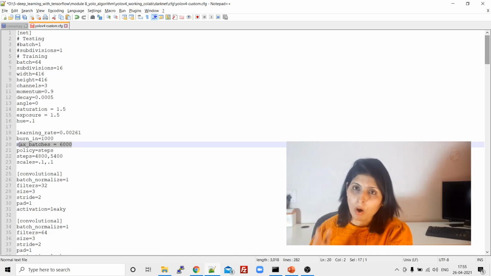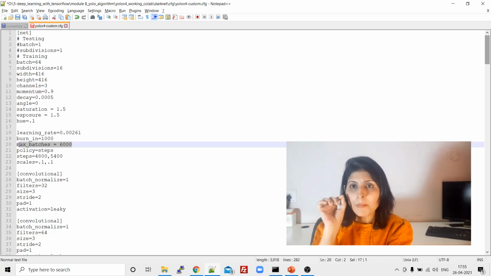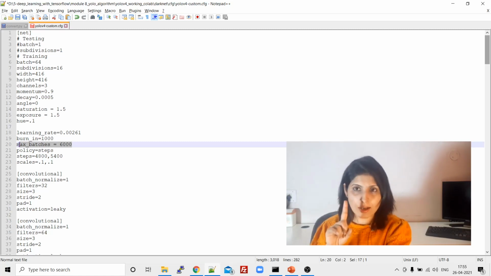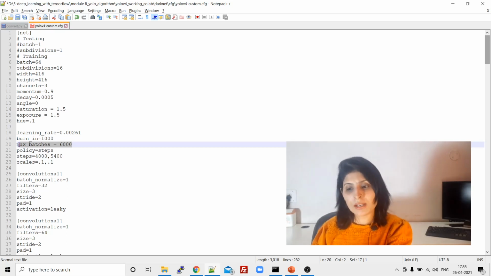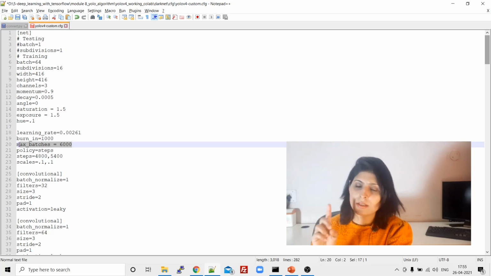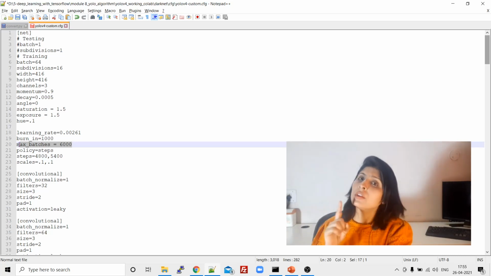Now the important thing over here is that the minimum value for max batches is 6000, right? Basically, if you have one class, then max batches would be 6000. If you are working on two classes, again max batches would be 6000. And if you are working on three classes, again 6000.